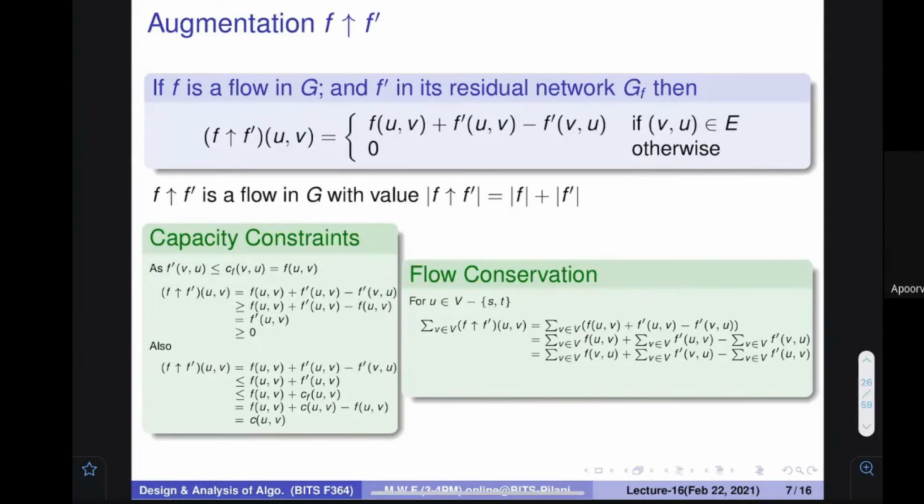So here (u,v) can be written as (v,u). Here also (u,v) could be written as (v,u). Here also (u,v) could be written as (v,u). If it can be written like this, then again I can take this summation out from here, and I can write the same equation once again. And if I combine this, it is just an augmentation of (v,u). So it is the same thing with (u,v), it becomes (v,u). So it looks like whatever is going out is actually coming to me in this particular new kind of network.